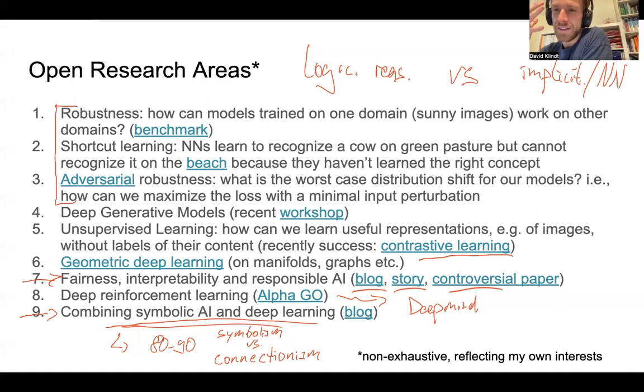Just as an example, the cow: once you've learned the concept of a cow, and not just the statistical regularities between cows and the green meadows behind them, once you've learned the concept, the symbol of a cow, you should be able to find that symbol again, even in an unusual context. So if you figure this out, you have important things to say on fairness. You have important things to say on all of these